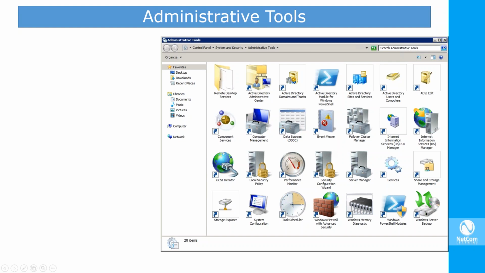You can have the component services, and you can see how the services are running, and if they are running or stopped, or how much RAM and processing power those services are consuming. Also, you can run backup jobs through that administrative tools. You can also control other services provided by other servers, for example, the Internet Information Services, IIS,